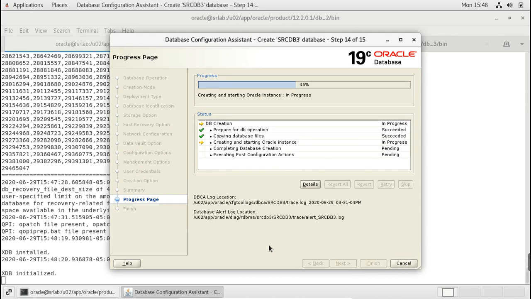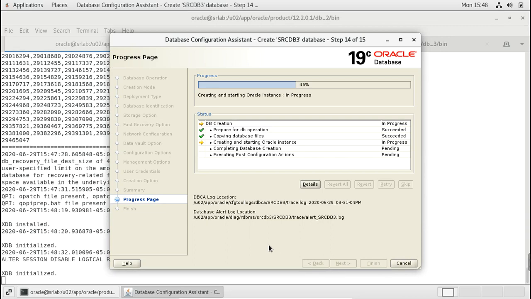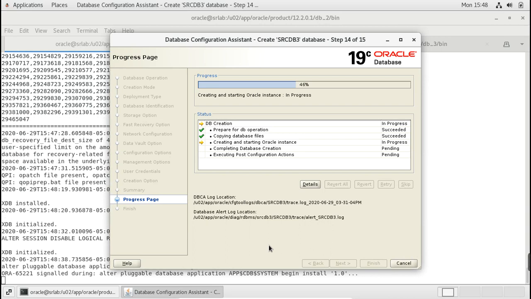So here the installation is progressing smoothly. We need to wait for some more time. Once it gets completed, then we will work on the configuration. The AutoUpgrade config file needs to be created, and then we will plug those two databases into this container. So once it is completed, we will see that. It will take some more time to complete. Let's wait for some time.